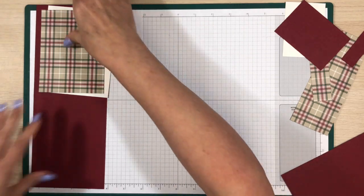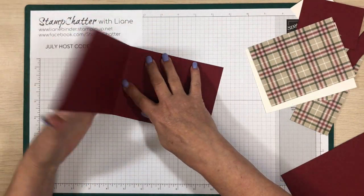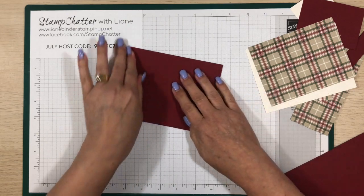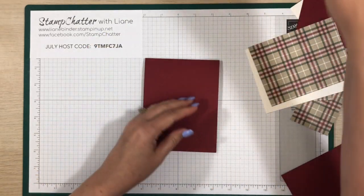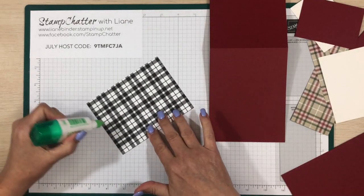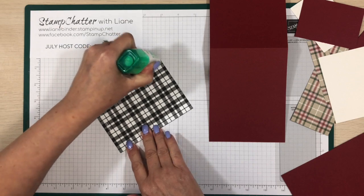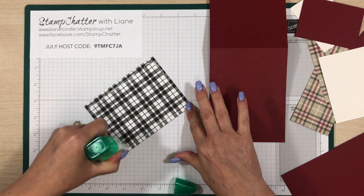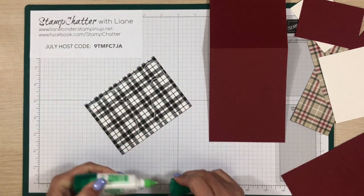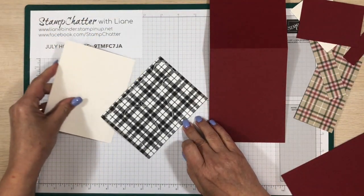All right, so let me do the base card first and get that out of the way. So I'll fold that in half. And I'll take some of my glue, and I will adhere this to my Shimmery White, just using the Tombow glue. It's really quick. There's my Shimmery White. Pick that up